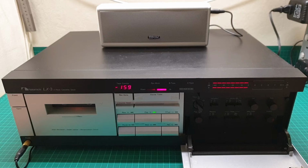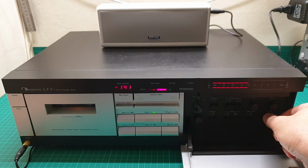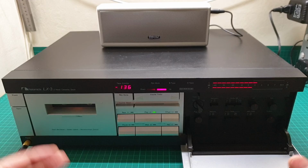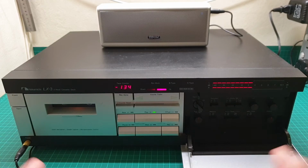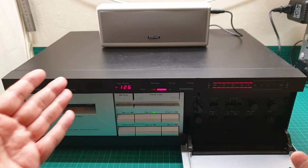I hope someone out there can help me out and advise me as to what could be wrong. And as you see, the wow and flutter, everything is fantastic. Nothing is wrong with this. The speed, everything is good. But that knocking noise,